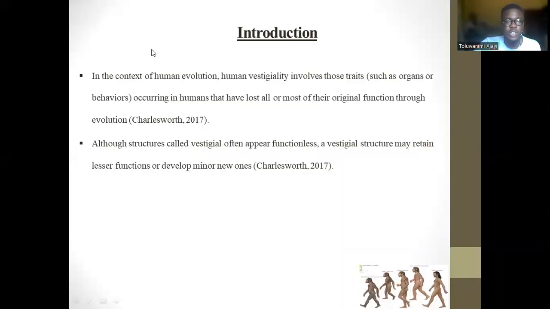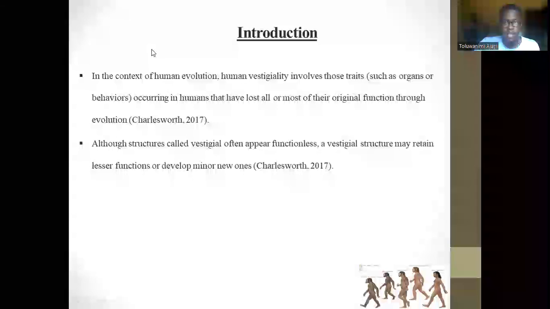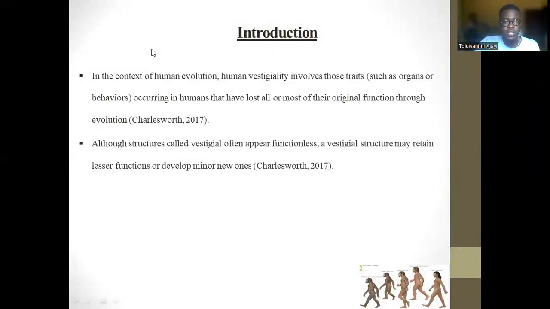But today, what I'm going to do is to try and bring clarification on certain facts and also debunk the myth about vestigial structures. What you need to know is vestigial structures are structures which have not necessarily lost their function, but based on evolutionary understanding, we might see that they might not be as useful as they used to be. Now, based on lack of proper understanding from previous scientists, we have not been able to come to a proper understanding of what the structures are and what they really do. And so they have been termed as useless or vestigial.